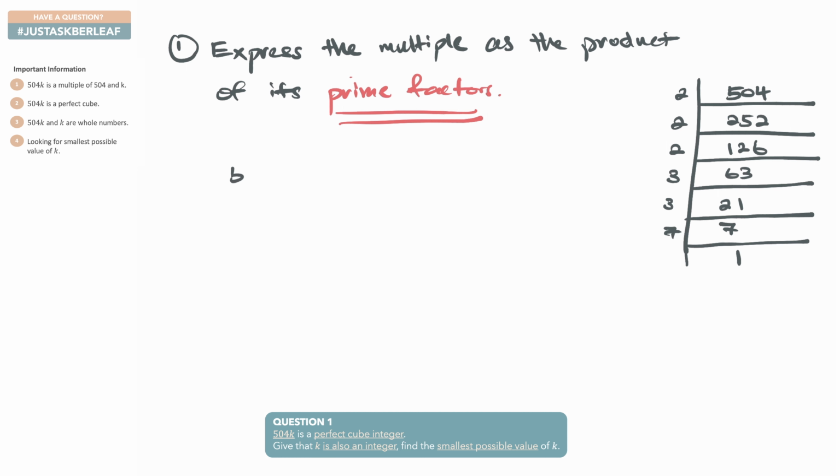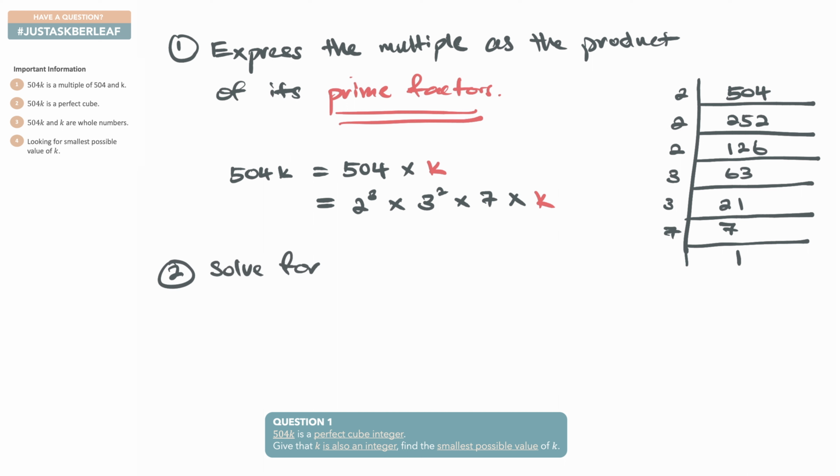Alright, now 504k is actually the product of 504 and k. So let's express 504 as its prime factors. We have 2 cubed times 3 squared times 7. Not to forget, times k. That makes up 504k. Now with the above, we are able to proceed to step 2, where we solve for the value of k by satisfying the requirements